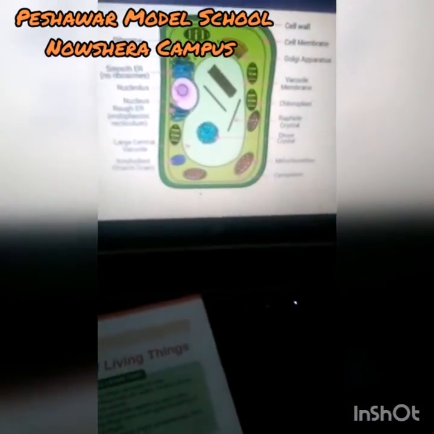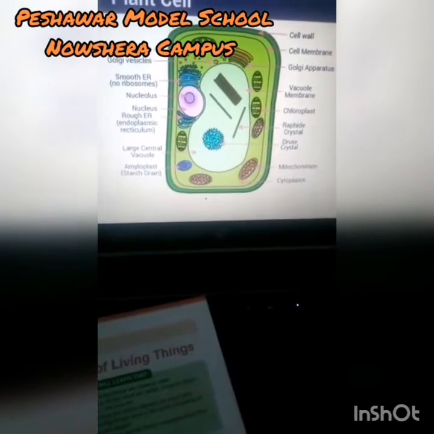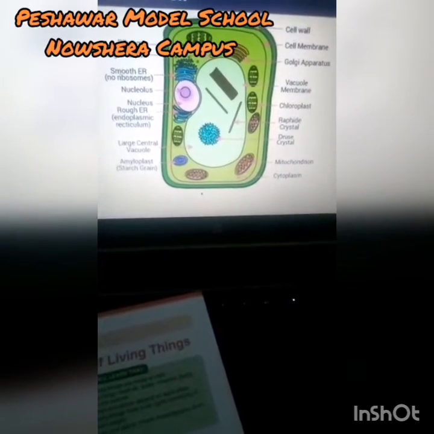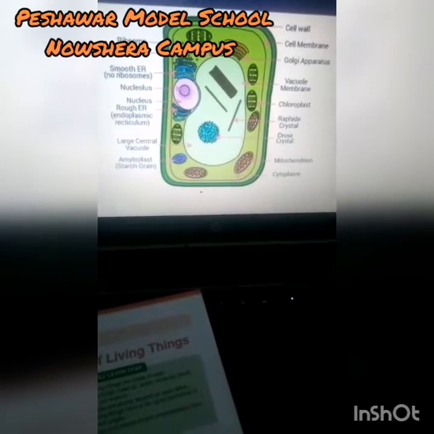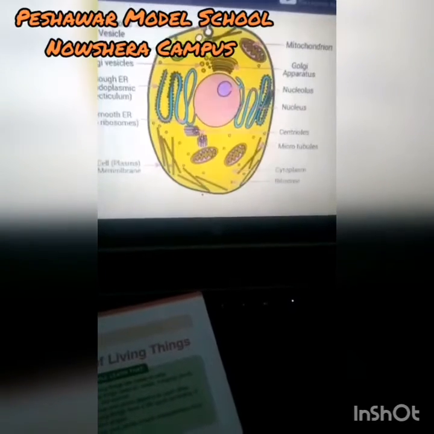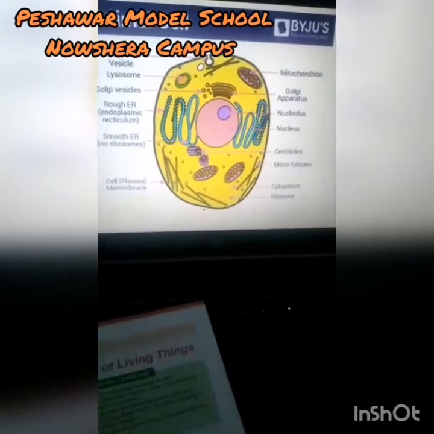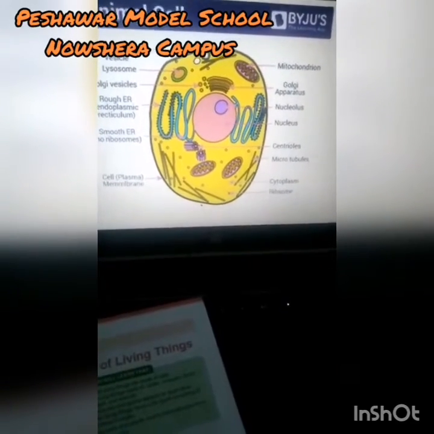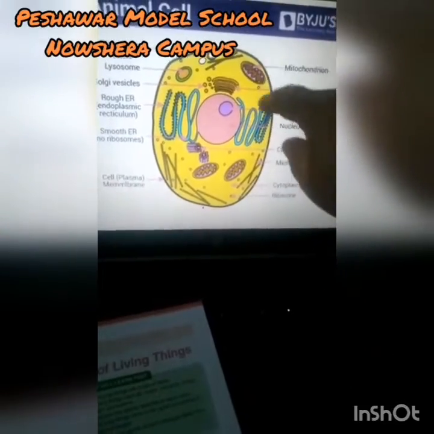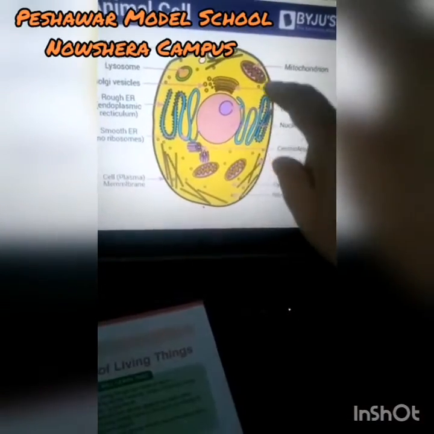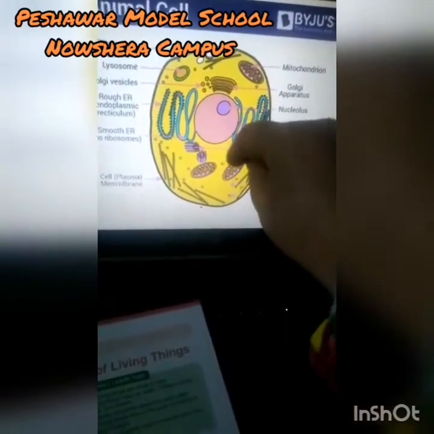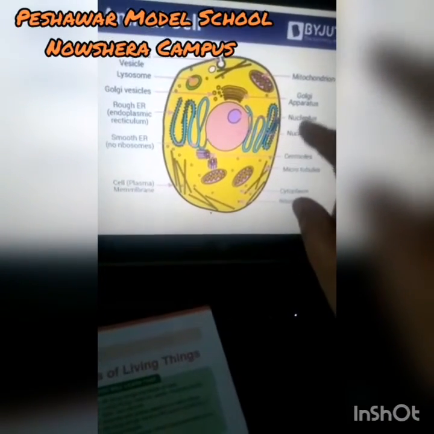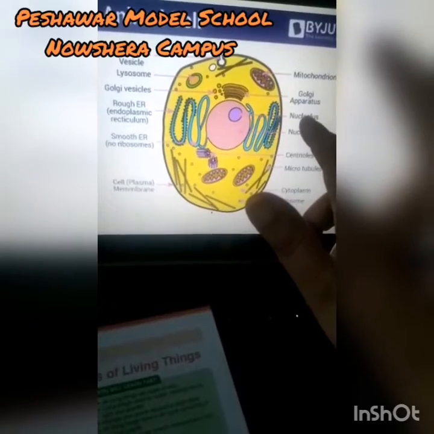If you cannot find it in a book, you can write it from my lecture. This is a plant cell and this is an animal cell. Okay, you can see that the outer layer is a cell membrane. This yellow part is called cytoplasm. This pink is a nucleus. The nucleus is present in the middle of an animal cell.